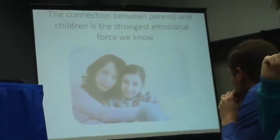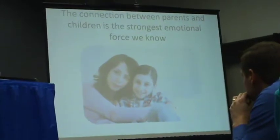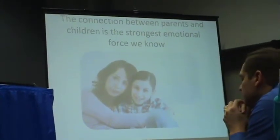So the last thing I leave you with: we always say we want to create games that have an emotional experience in them. We want more emotional experiences in our games. The bond between parents and children is the strongest emotional force that we know of. There isn't one that's stronger than that. And so if you can create games that help enhance and build and work off of that bond, you can create games that have very meaningful emotional experiences. I want to just read you